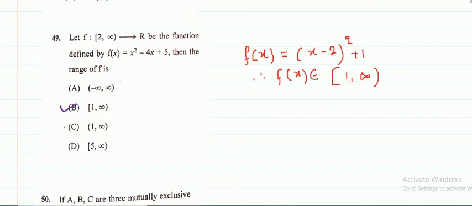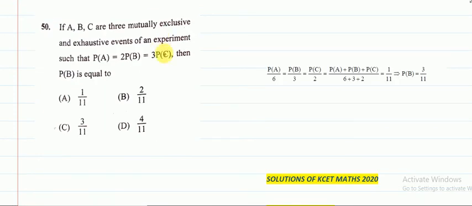If A, B, C are three mutually exclusive and exhaustive events of an experiment such that P of A is equal to 2 times P of B is equal to 3 times P of C, then P of B equals what? Mutually exclusive means the intersection will be the null set. A intersection B intersection C is the null set, and exhaustive means A union B union C is equal to the sample space. Therefore here P of A divided by 6, P of B divided by 3, P of C divided by 2 is equal to